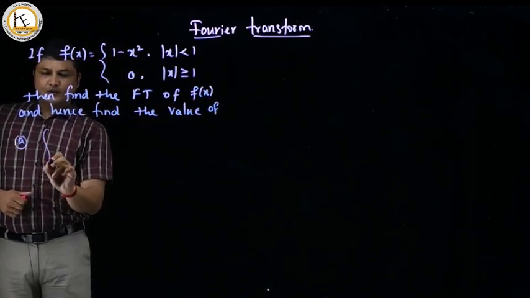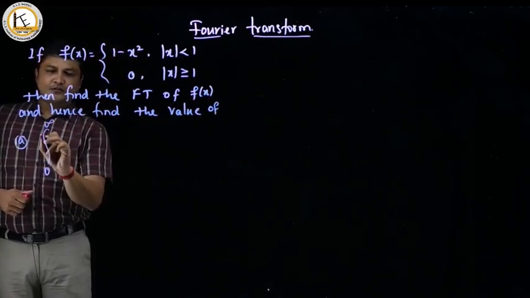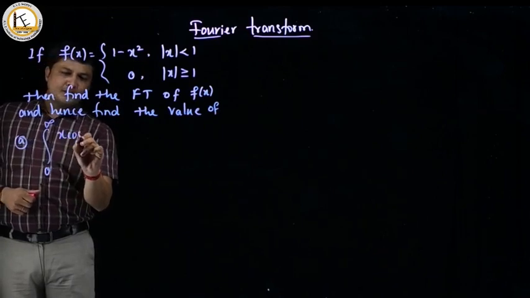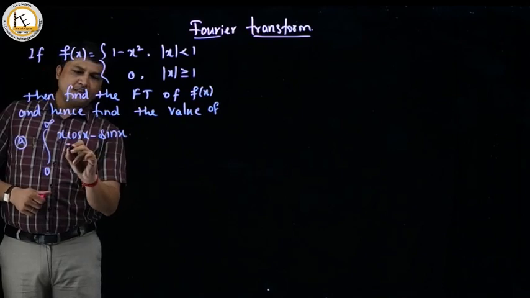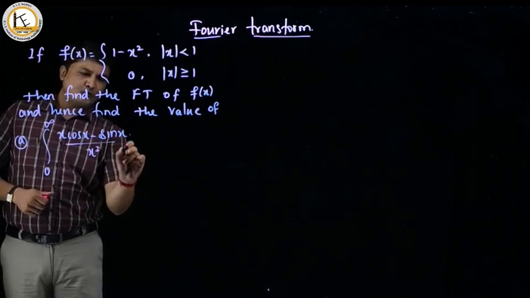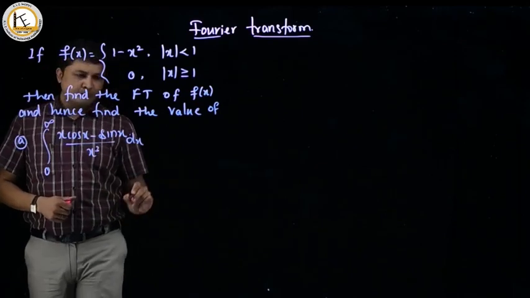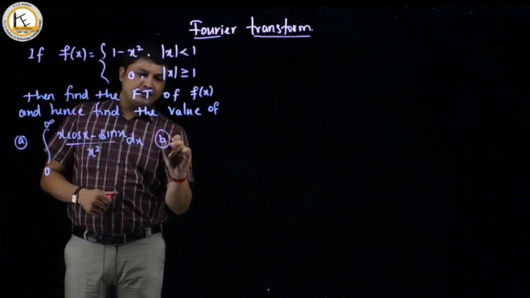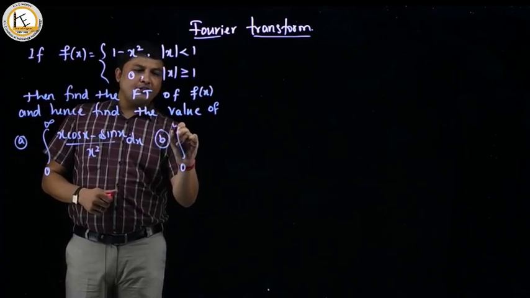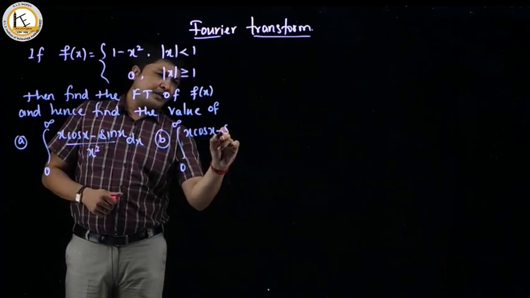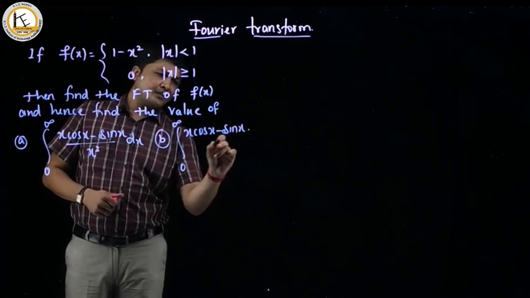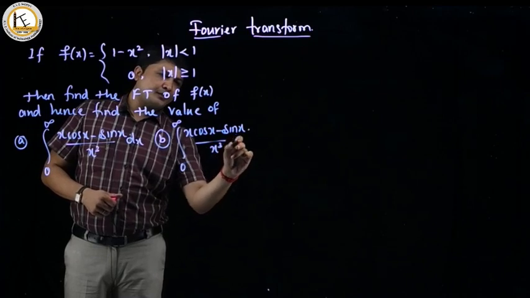So we are having two integrals here. The first one is integral 0 to infinity of (x cos x minus sin x) divided by x cube with respect to x, and the second integral